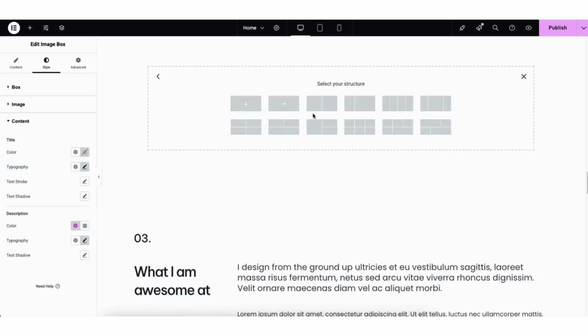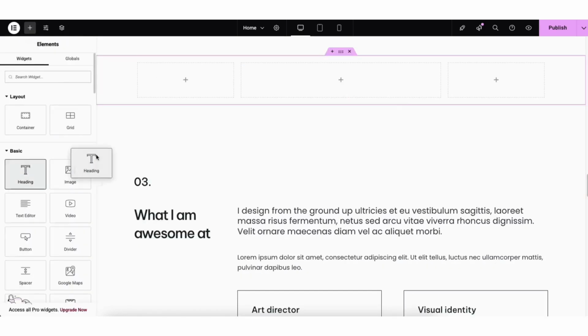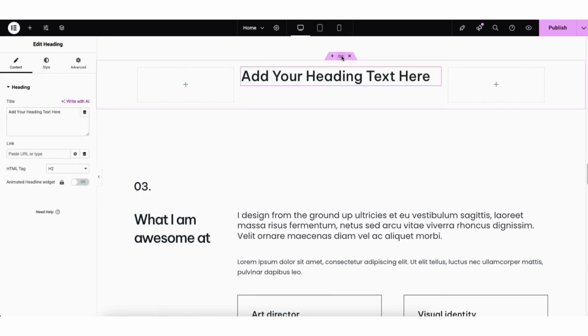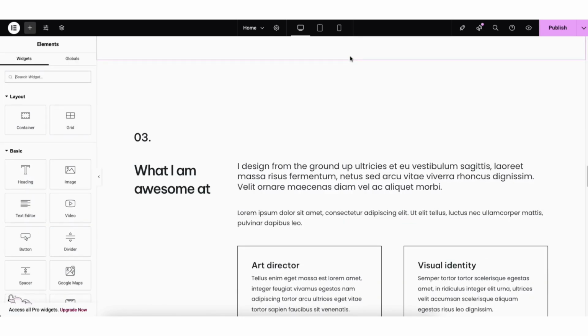Click Flexbox, choose the structure for the section. I'll select this one. You can now drag something over into the section. If you click the middle icon with the dots, you can then edit that section. If you click the X button, it'll completely remove the section from the page.